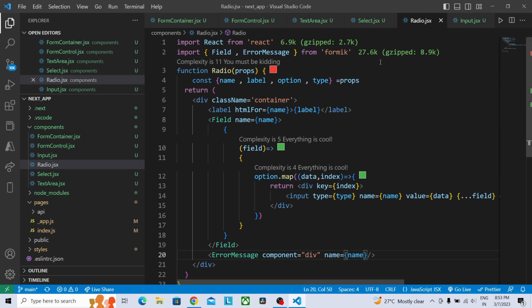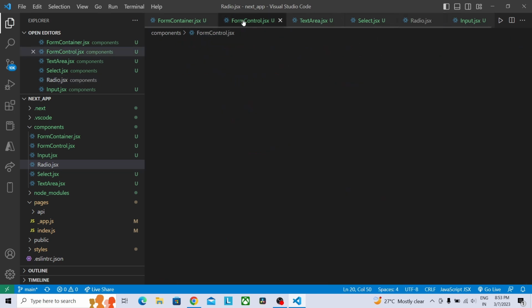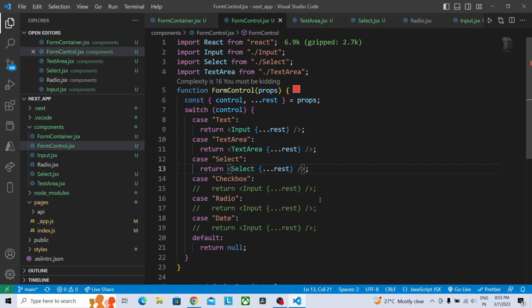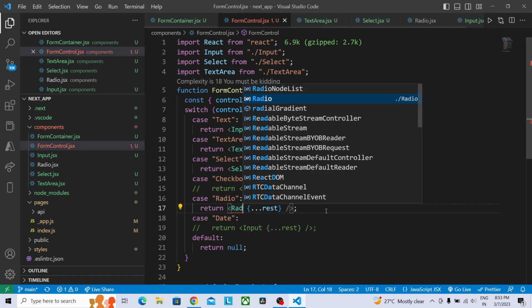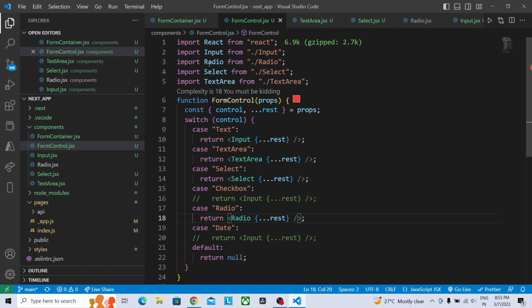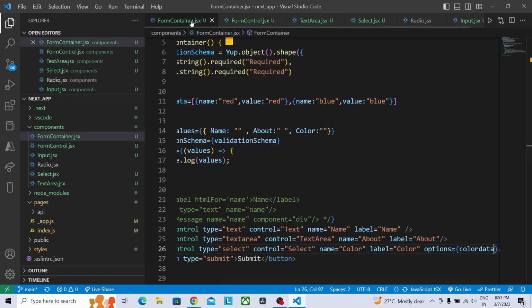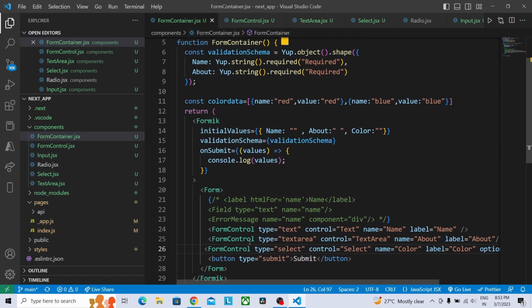and go to the form control and uncomment this radio, and instead of this provide radio. So here the radio file has been imported properly. So next go to the form container. I am going to provide another form control,